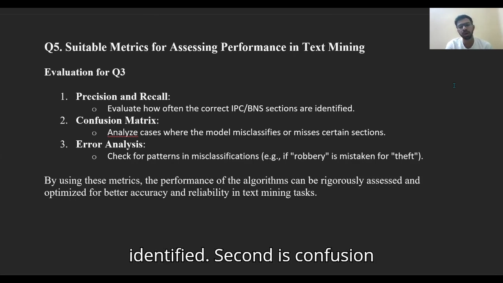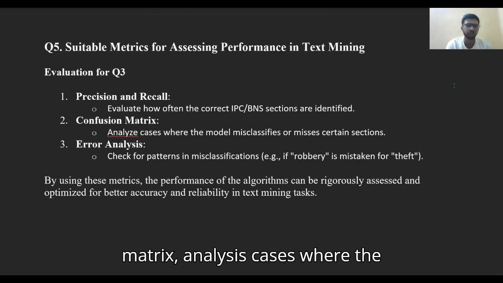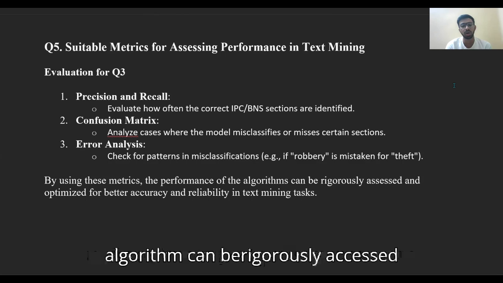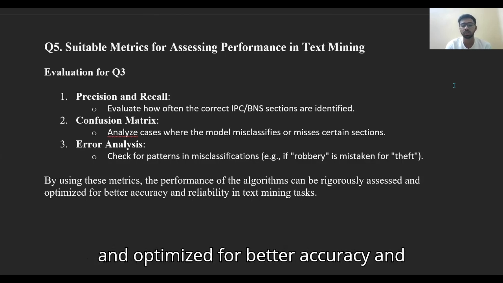Second is confusion matrix, to analyze cases where the model misclassifies or misses certain sections. Error analysis: checking for patterns of misclassifications. Example: if robbery is mistaken for theft. By using these metrics, the performance of the algorithm can be rigorously assessed and optimized for better accuracy and